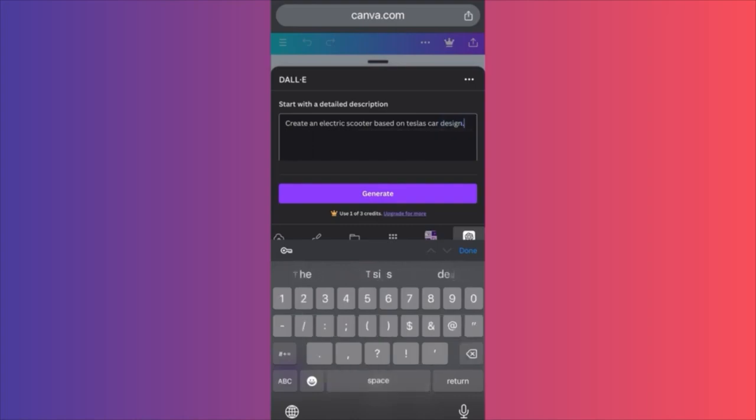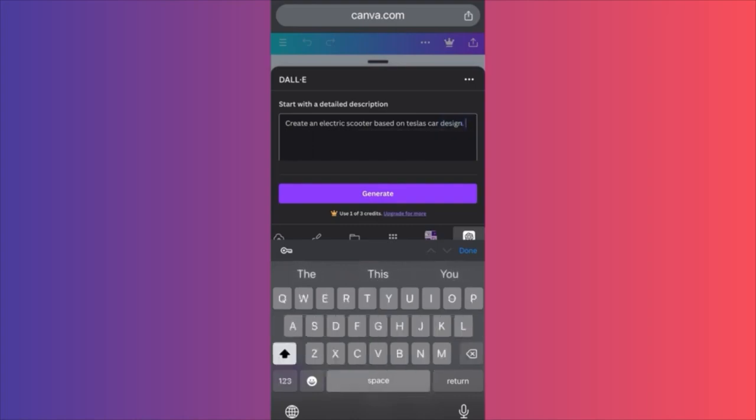And also we are going to say make it as realistic as possible for product prototype.